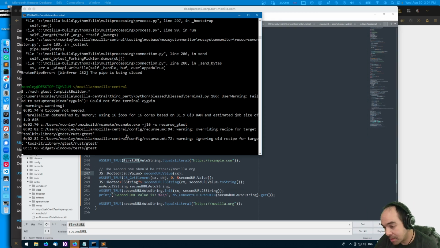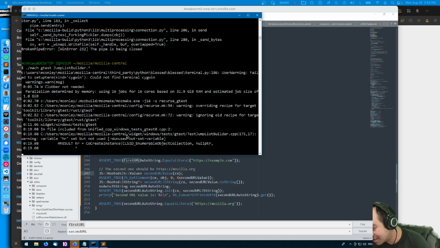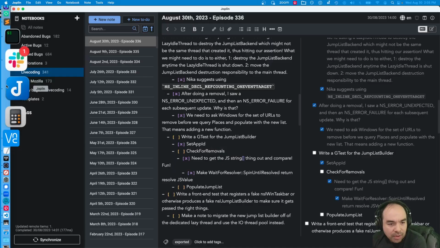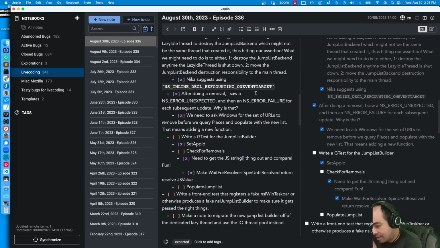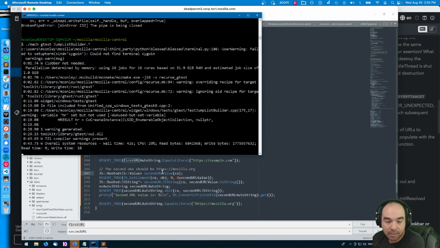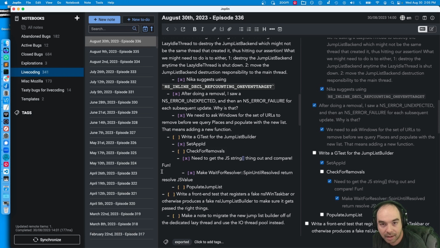Isn't it wild that it's nearly September? I was gobsmacked when I looked at the calendar and realized that this August just zipped right by. We only did one episode of The Joy of Coding in August. And what episode are we on? We're on episode 336. When will 350 be, I wonder? Will it be before the end of the year? So we have 14 episodes until episode 350. How many weeks are there left in the year? There are 4 weeks in a month. So we might cut it kind of close. It might actually be at the beginning of next year with holidays and stuff, or if I take breaks or something. The 350 might end up being